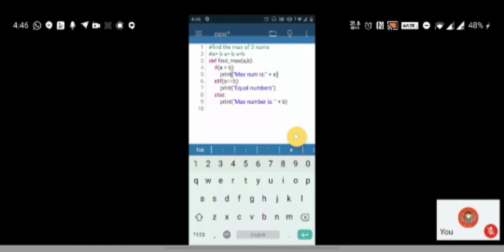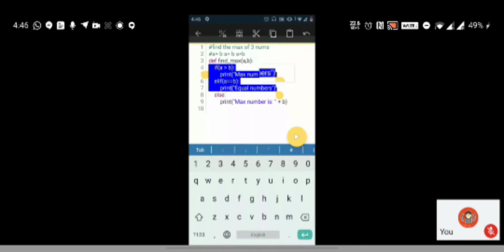Or else, if A is not greater than B, then it can either be equal to B or it can be less than B. So if this condition is false, then the relation between A and B can either be that A is equal to B or A is less than B. So I'm checking the second condition, which is A is equal to B. If this condition is also false, which means clearly A is less than B, so I don't have to check the condition.